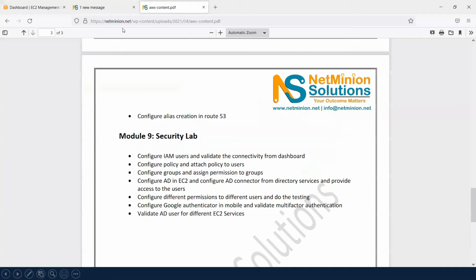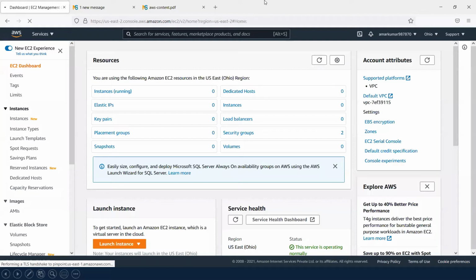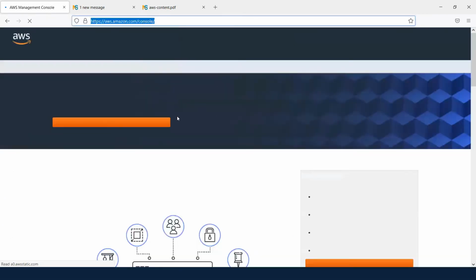Let me go out and show you how it would be. Okay, so this is the console of your AWS.